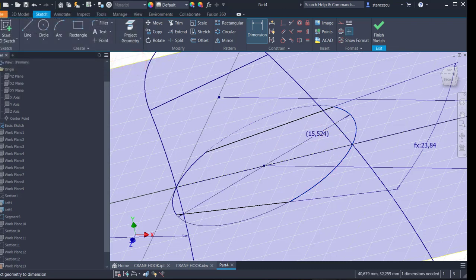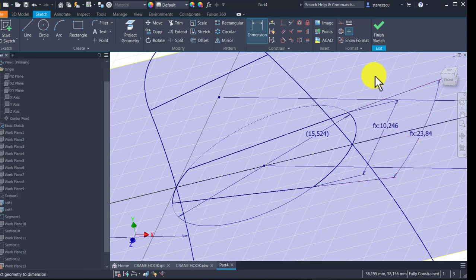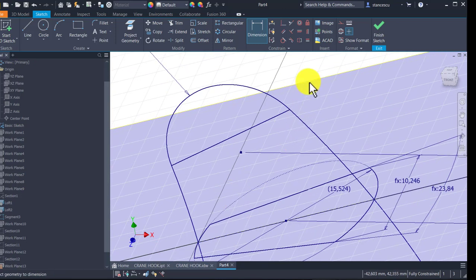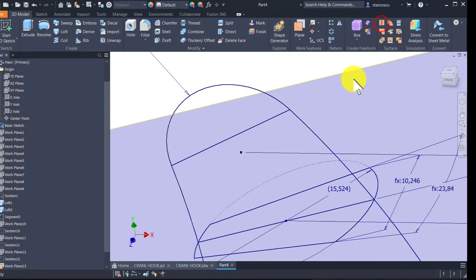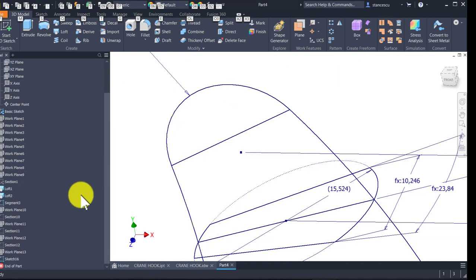Accept, and then the last dimension, the most important one, based on this value: Control V, divided by 50 multiplied by 33, and you now know why. Finish sketch, select plane, Alt V, give a name, section 13,